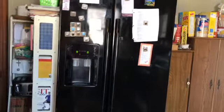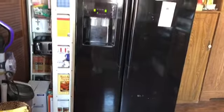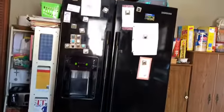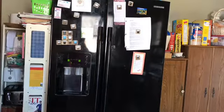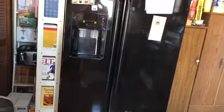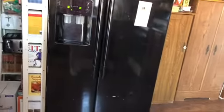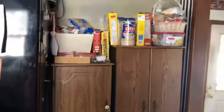And so this refrigerator is probably full of fingerprints, but I'll tell you what, I still have not figured out anything to keep fingerprints off of it. I wipe it off with a bleach wipe. I have used Windex. I don't know how to keep it shiny. I have no idea. If you have any tips or tricks, please let me know. And then this is our pantry area,